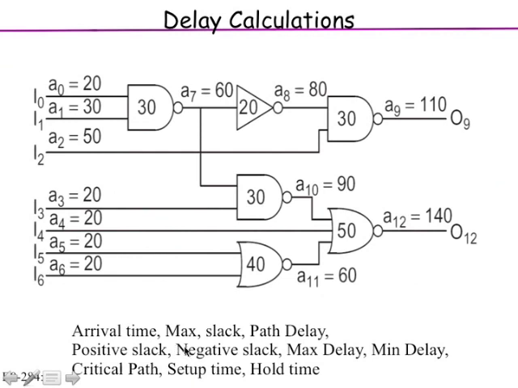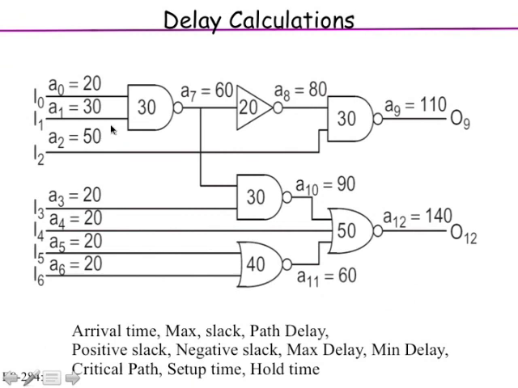So let's start with the path delay. Path delay is basically the delay from input to the output of the path. As we discussed in the last slide, it is 50% point to 50% point. So these delays we are all measuring between 50% points. You also have, if you see out here, something called A0, A1, A2 till A6, which is what is called an arrival time.